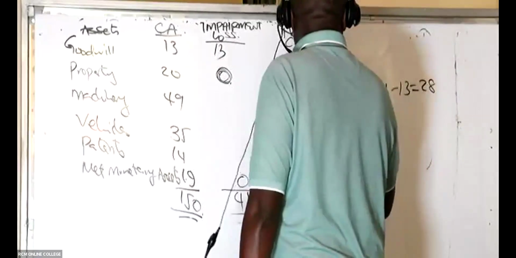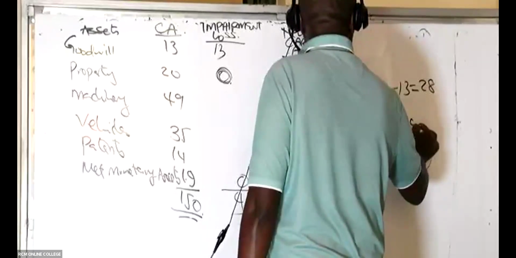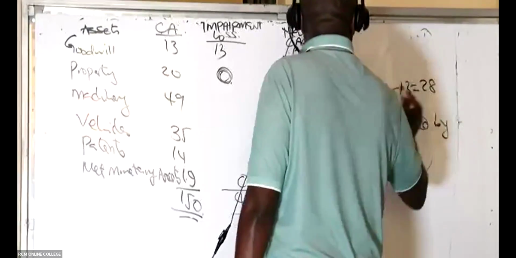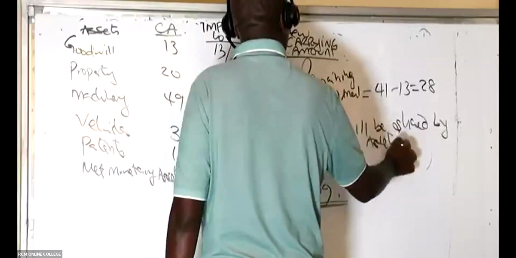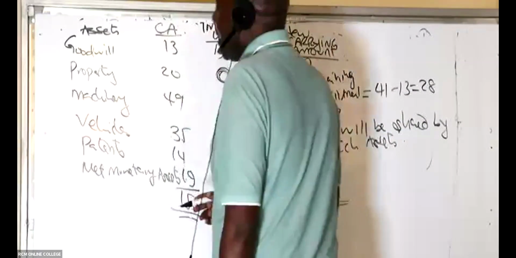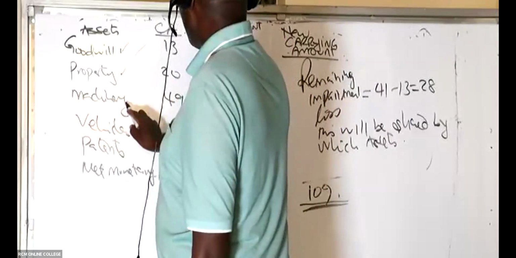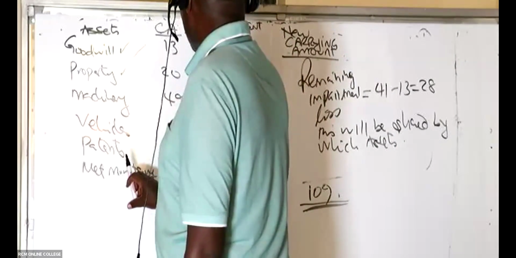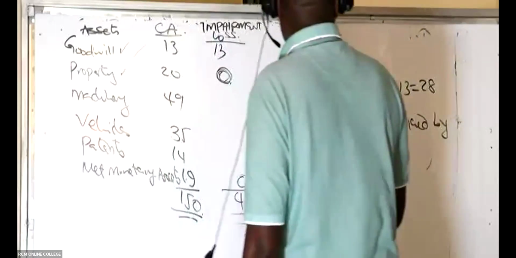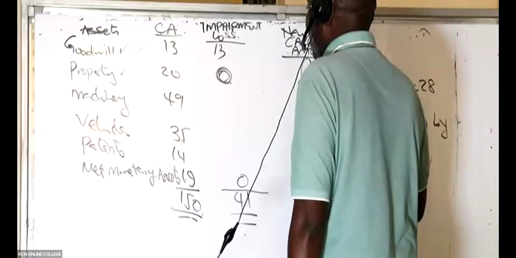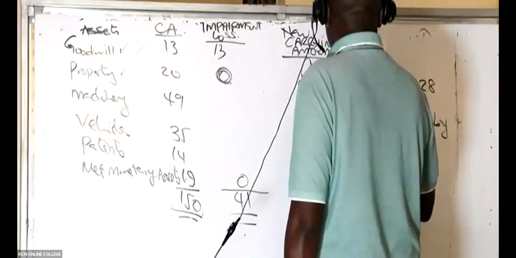And this will be shared by which assets? It can't be goodwill again, it can't be property. Now it is machinery, vehicles, patents, and net monetary assets. So in this case we are sharing this between machinery